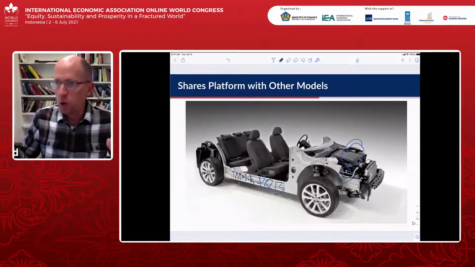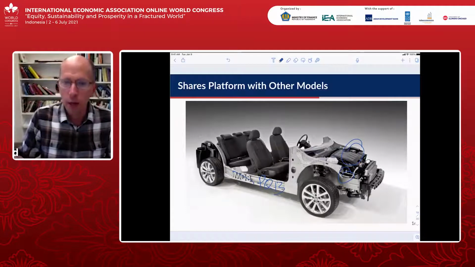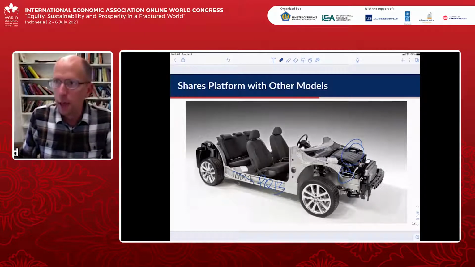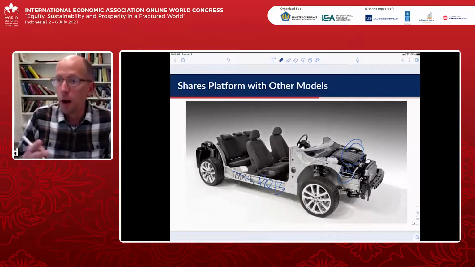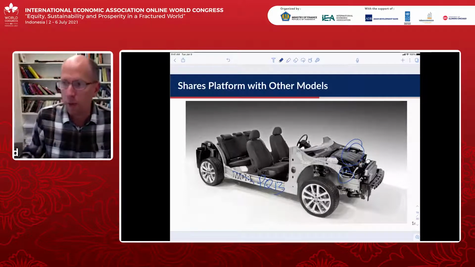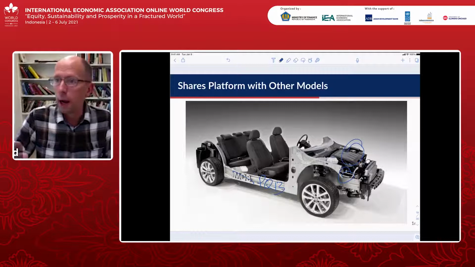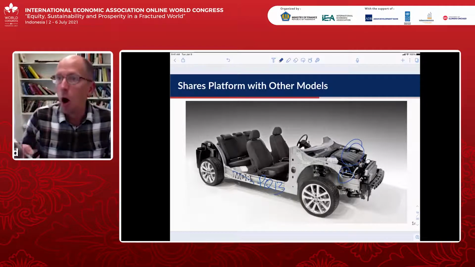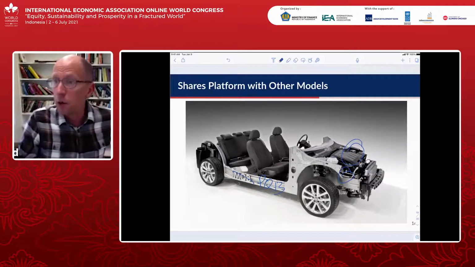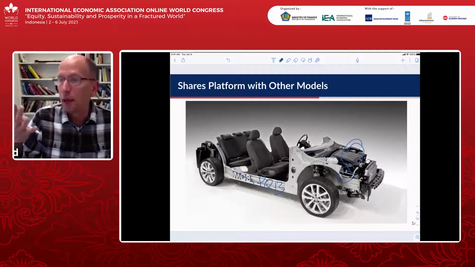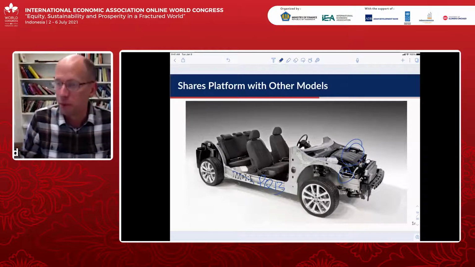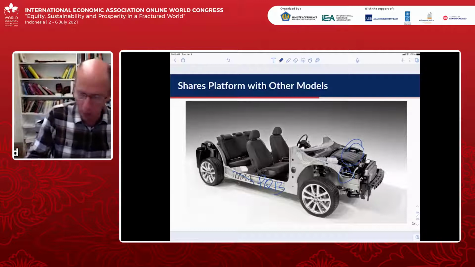And we're going to assume that the platform defines the choice sets for all these discrete choice problems. So if you're a plant that can make engines for this platform, then you can make engines for any plant that's using that same platform. And finally, when you're thinking about where can we get the car they actually chose to get from Puebla, Mexico, where else might they have gotten it? Well, Chattanooga, Tennessee would be an option because they also make cars on the same platform, PQ13. They make Passats there with the PQ13. Okay, so the platform ends up being our unifying idea that gives us our choice sets.